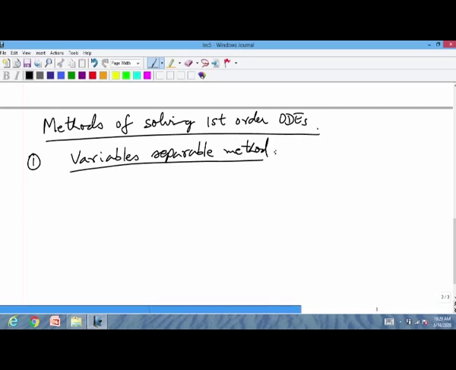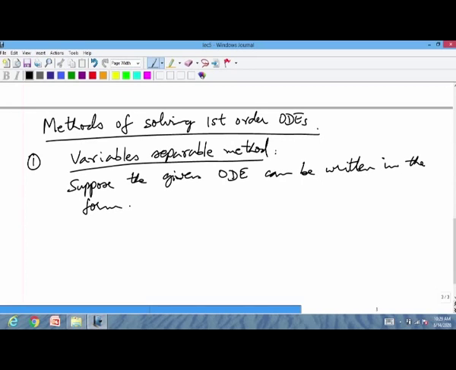In this method, suppose the given ordinary differential equation can be written in the form f x dx equal to some g of y dy,